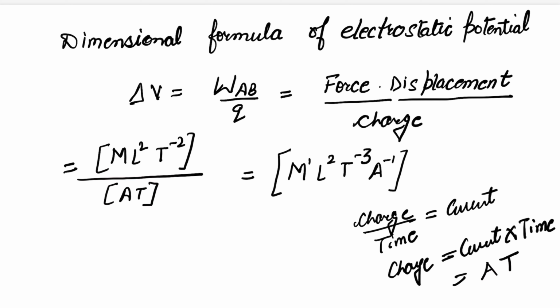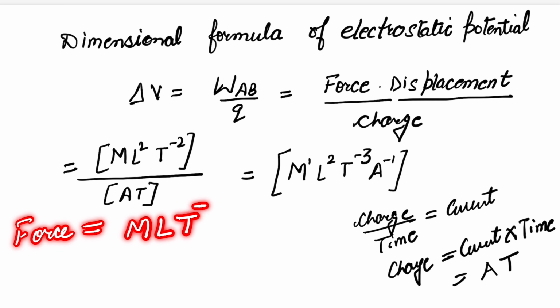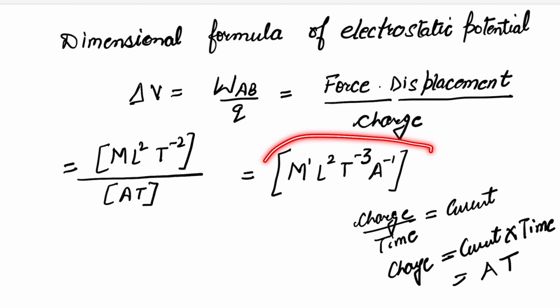Then the force is mass into acceleration, so it is m L T minus 2, where m is mass and L T minus 2 is for the acceleration, multiplied with the distance, that is again L, so one more L will be here, so it is m L square T minus 2. On simplification, we get these are the dimensions for